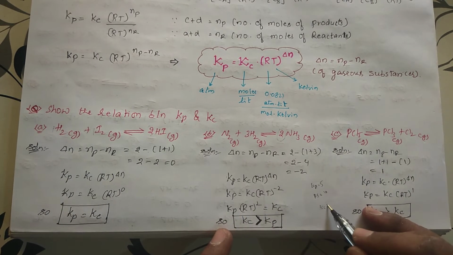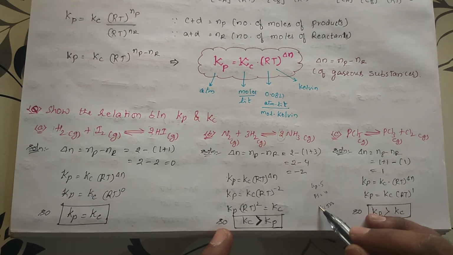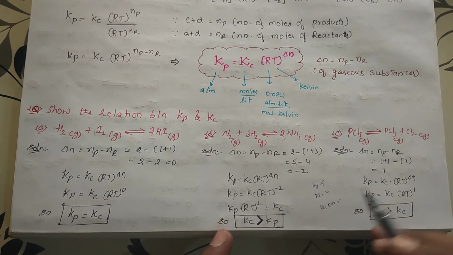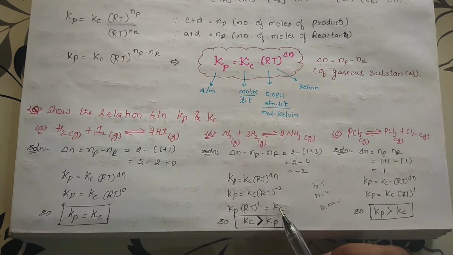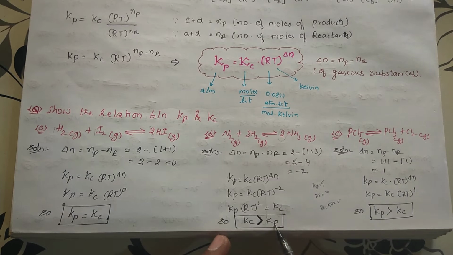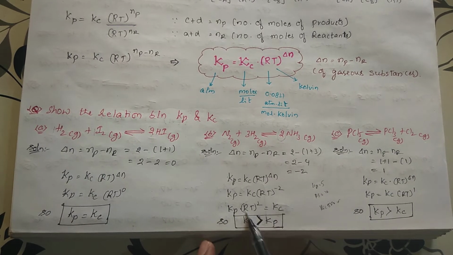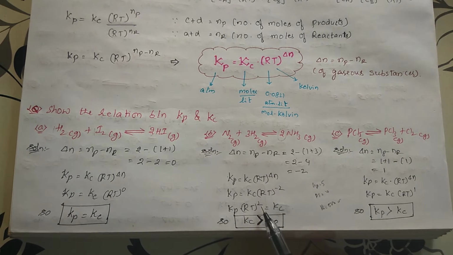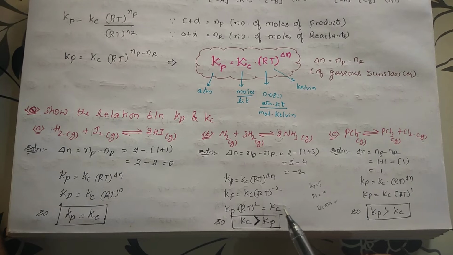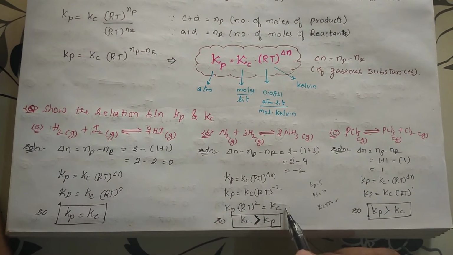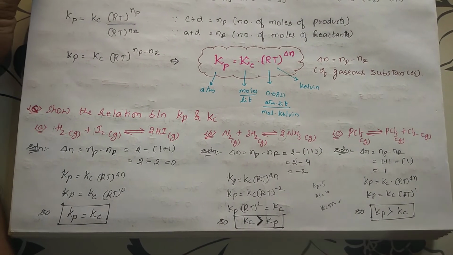Kc will be 500. Among Kp and Kc, which is bigger? Kc only is bigger. So you get Kc by the product of Kp as well as RT whole square. Automatically here Kc should be greater than Kp. I think you are getting this. You take one value for Kp, one value for RT, square that value and multiply, so that you get the value of Kc. So when you compare the Kc and Kp values, automatically Kc will be bigger than Kp.